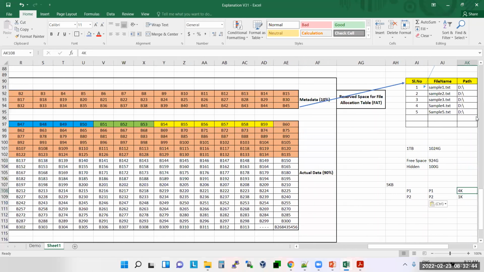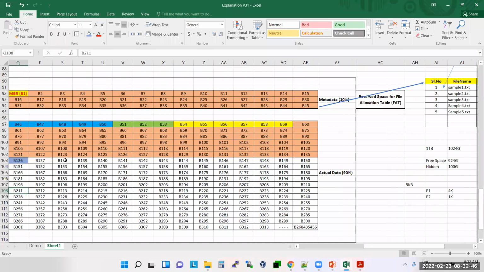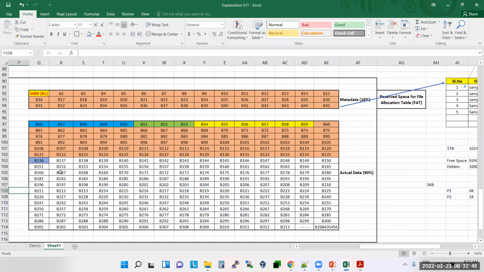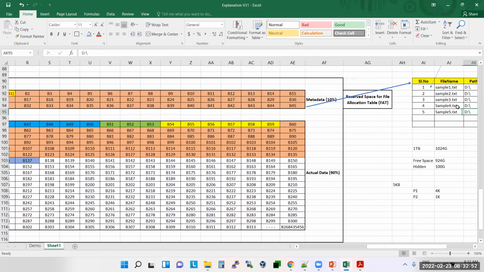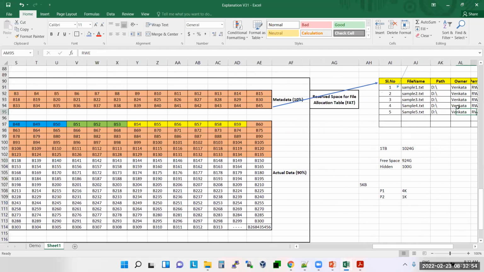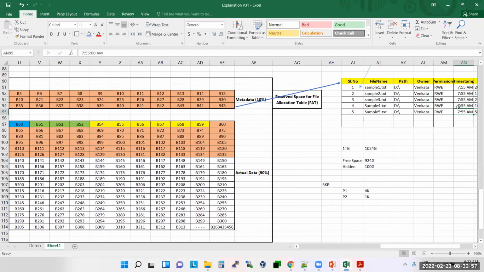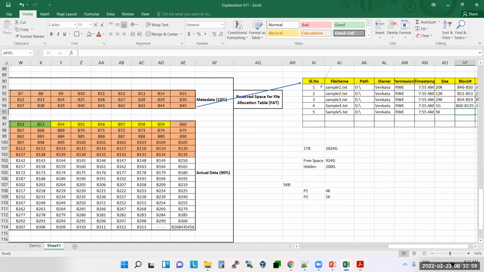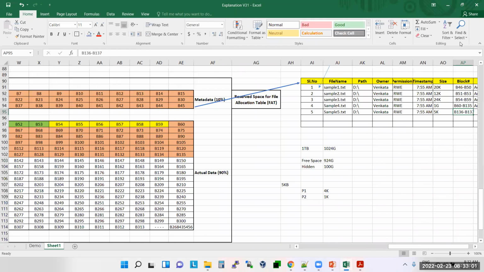Only 1 KB, not 4 KB. So it means this block is also used. The table will update like B136 to B137. Till this it is fine.